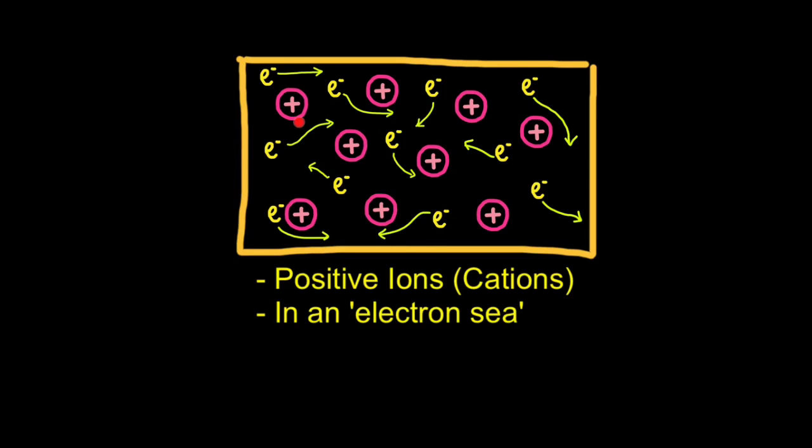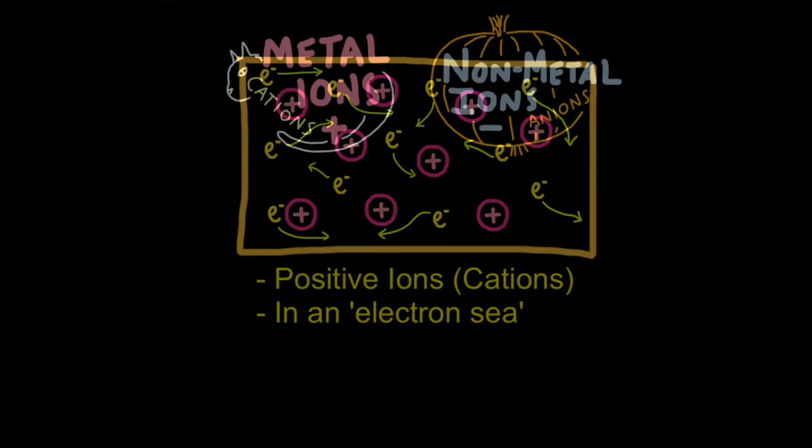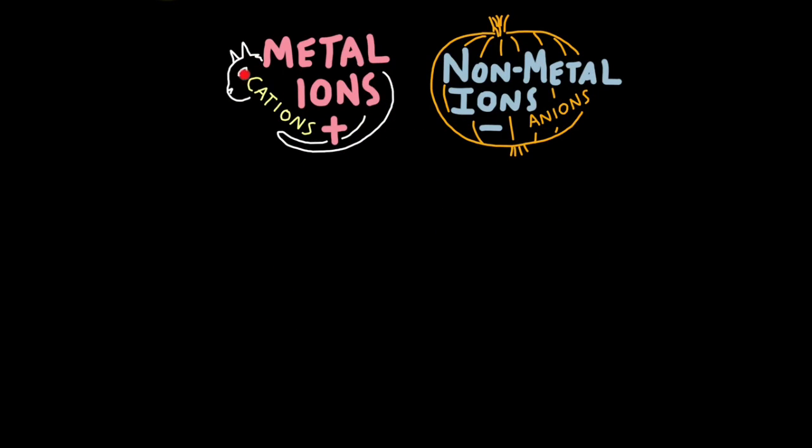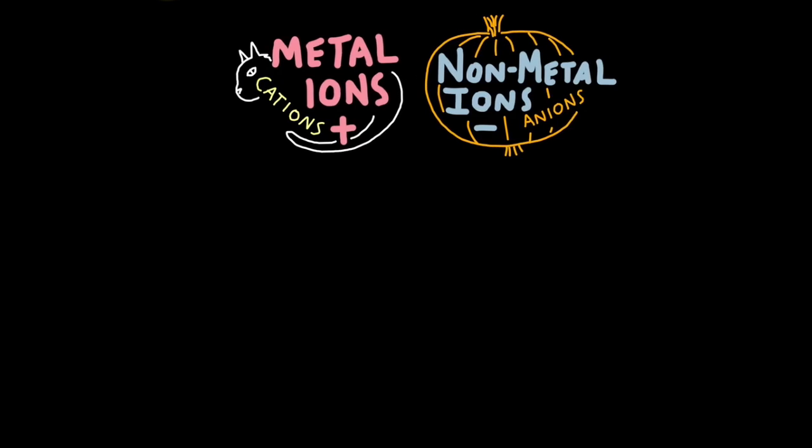But that's metallic bonding. What about ionic bonding? Ionic bonding occurs between metal ions and non-metal ions. Metal ions are always positively charged, and we call them cations. That's why I've drawn a cat here. Non-metal ions are always negatively charged, and they are called anions. Because it looks and sounds a bit like onion, I've drawn an onion here, but you do pronounce it anions. And because positive and negative ions attract each other due to their opposite charge, there's a force of attraction there